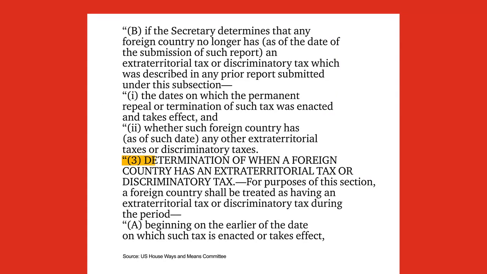Pat, you mentioned with respect to the discriminatory taxes, they appear to be focused on DSTs and possibly other unilateral measures. Can you get into some detail about what those provisions are? Yeah, so the definition of extraterritorial, which we were just discussing with Scott, does seem to be very tightly focused on the UTPR. Discriminatory taxes, it's a little bit more of a challenging drafting exercise because, of course, if you're trying to target DSTs, even the OECD's language around this, they always talk about DSTs and other similar measures. So you're essentially trying to define a concept that is pretty amorphous, doesn't exactly exist today, DSTs, because countries have done this in different ways, as opposed to the